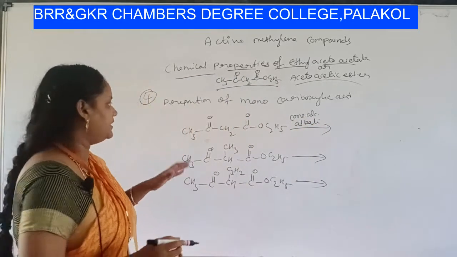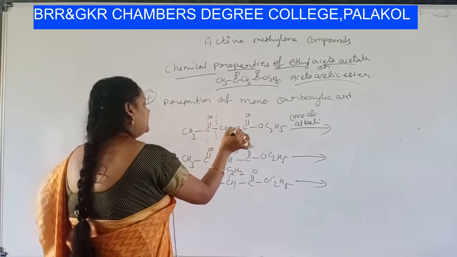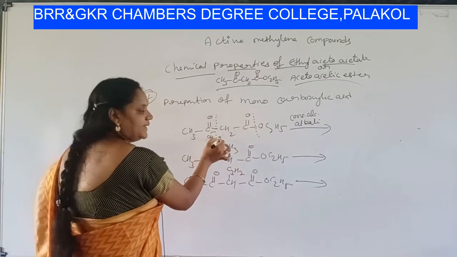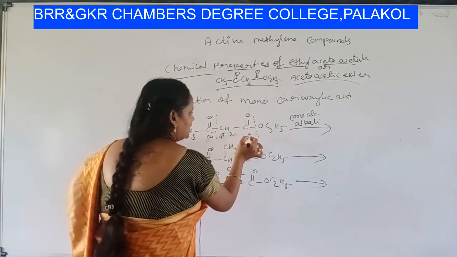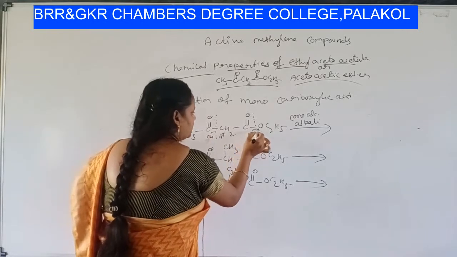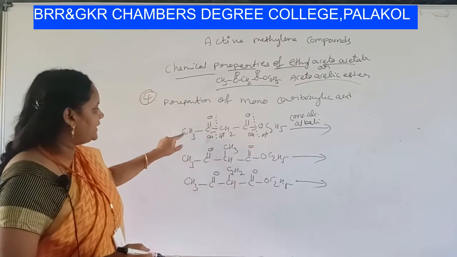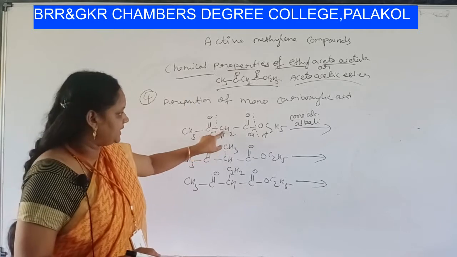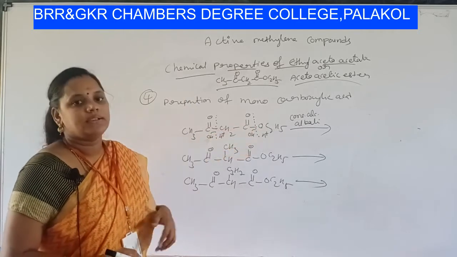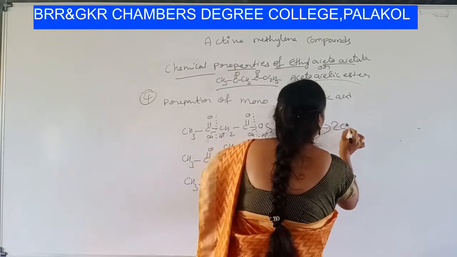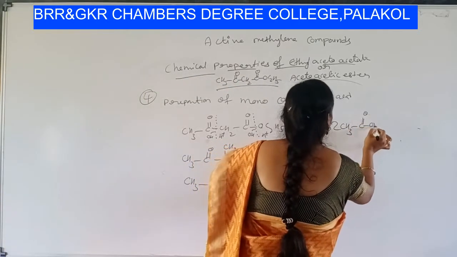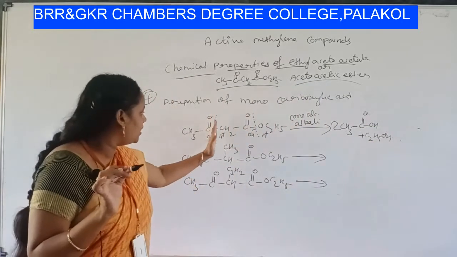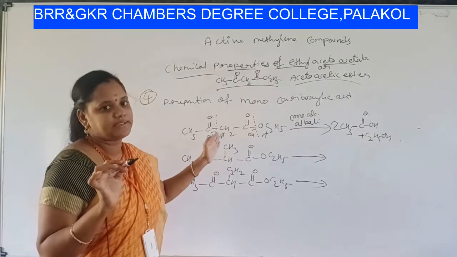What happens here? The reaction is very simple, students. Here the bonds will get dissociated. Here, students, tell me, OH minus, here H plus, simple. Here also, yes, OH minus, H plus. What are we left with? CH3, C double bond OH. Here also CH2, if you add H, it will become CH3, C double bond OH plus C2H5OH. So we are getting 2 moles of CH3, C double bond OH plus C2H5OH. The reactions are very simple, students. You have to ionize the bond and add OH minus and H plus.